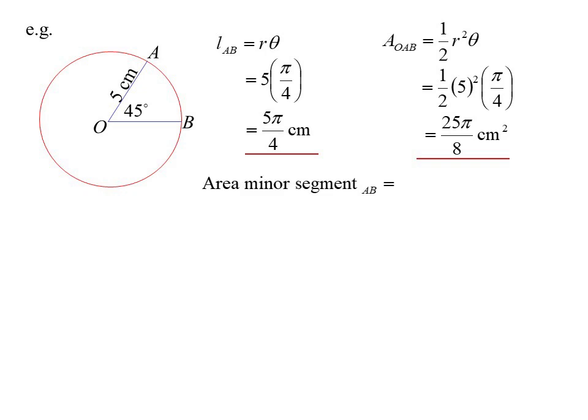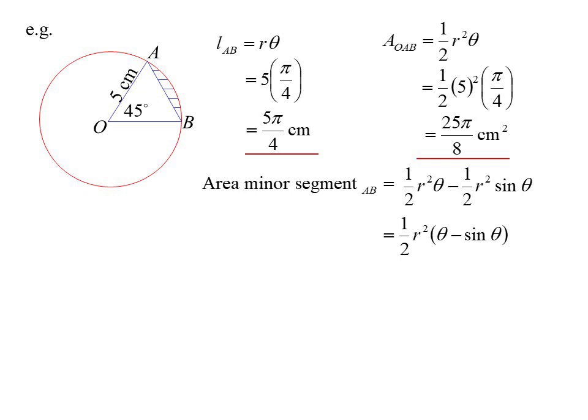But what if we wanted to find not the sector, but the segment? The segment is when you draw the chord in. So I've drawn the chord AB, and it's that piece that goes to the circumference. Again, there's actually 2 segments there, the minor segment being the smaller one, the major segment being the larger one. So some people like to create a formula, because it's got to be